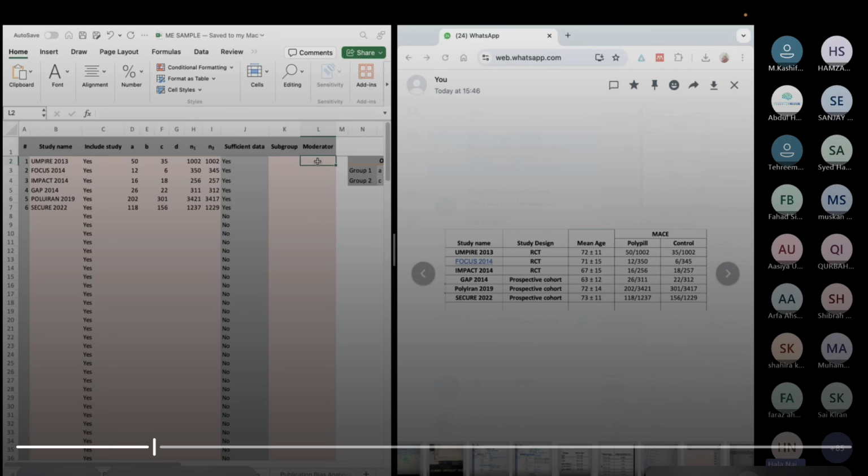Moderator variable is the baseline variable that you want to see and compare and check for association with your outcome. ठीक है? So it can be anything. जैसे मैंने male percentage बताया, female percentage बताया. In our case, it's just age. ठीक है? So I'm just adding the mean values. Once you guys have added it, moderator समझ नहीं आया?